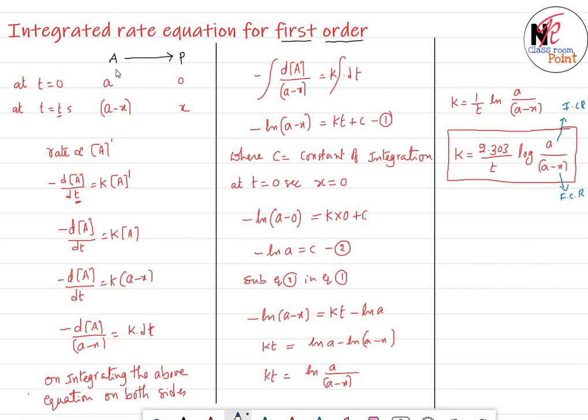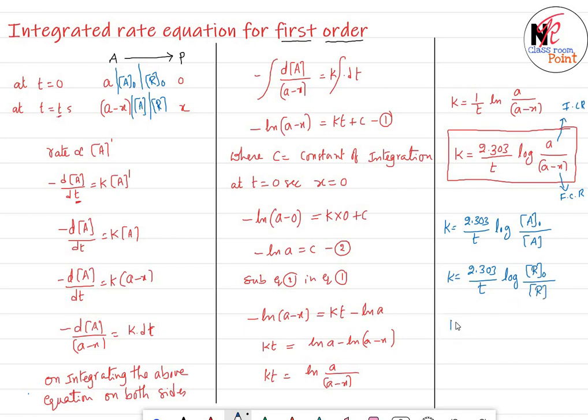Some textbooks, instead of a, take the initial concentration of A as A naught, and the final concentration of A as concentration of A. In such a case the equation becomes k equals 2.303 divided by t into log concentration of A naught divided by concentration of A. And in some textbooks they take the initial concentration as R naught, because R represents the reactant. There they take R gives P, not A gives P. And the final concentration of the reactant is taken like this. Then the same equation becomes k equals 2.303 divided by t into log concentration of R naught divided by